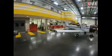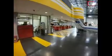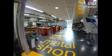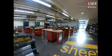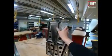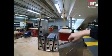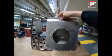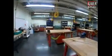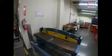Over here we have our sheet metal shop. So planes have a lot of different metal components, obviously. But as you're learning how to really be a mechanic for airplanes, that means that you have to be able to work on that metal component as well. So things like rivets, things like patching pieces in the metal or potentially cutting new holes in. So we have lots of different practice pieces in here that students learn. Sheet metal is also very, very sharp and potentially pretty dangerous, so you learn